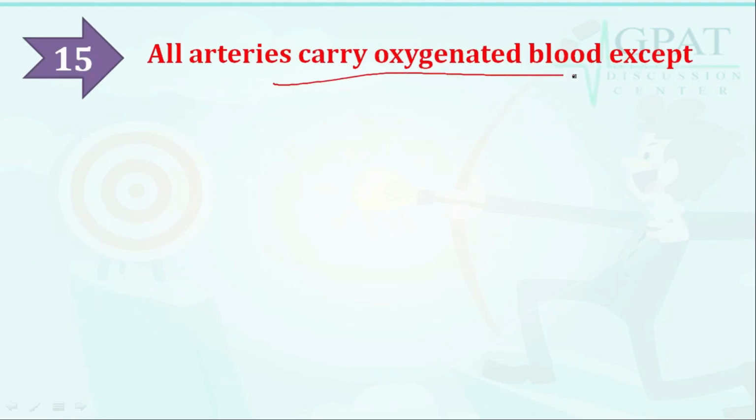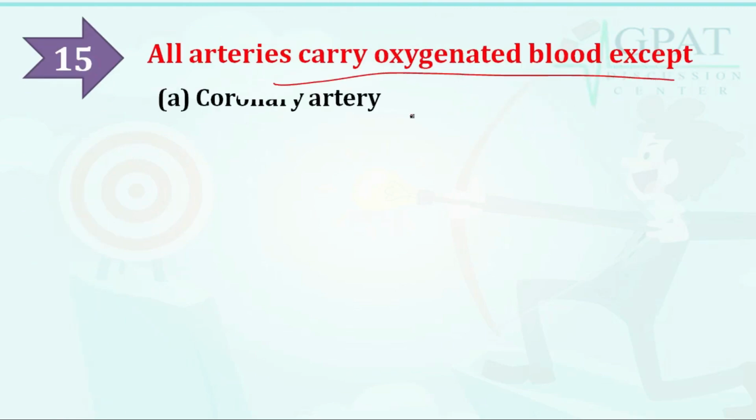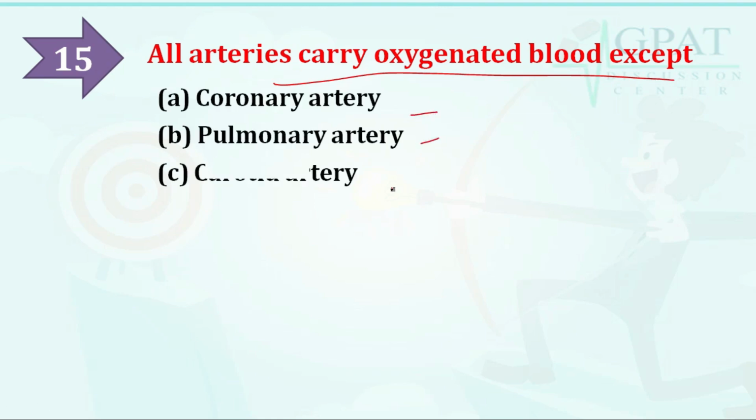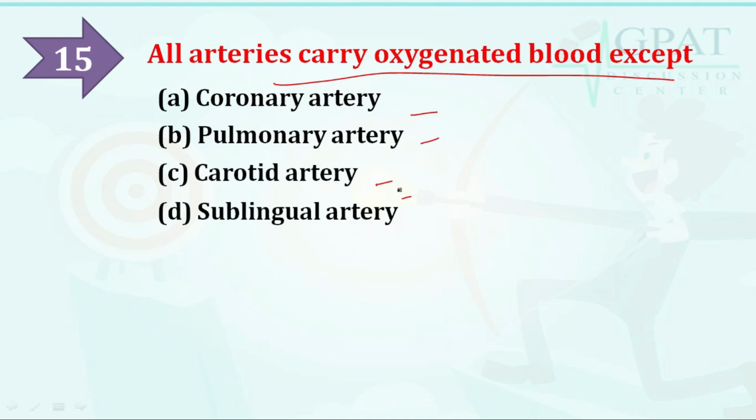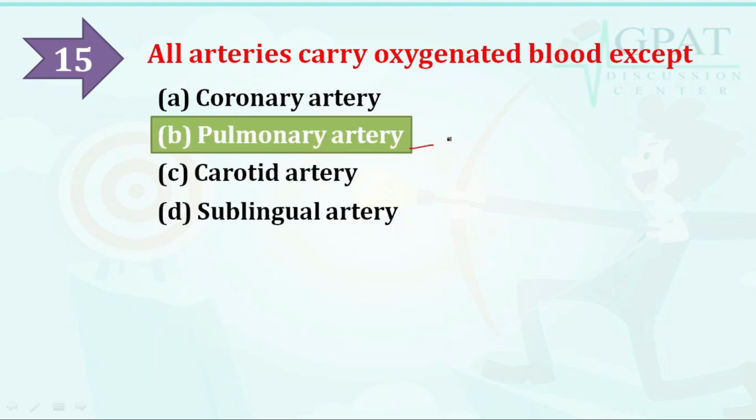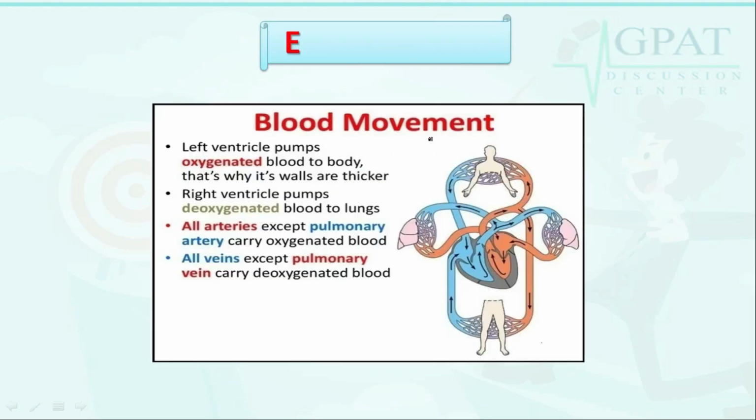All arteries carry oxygenated blood except, option A coronary artery, option B pulmonary artery, option C carotid artery, option D sublingual artery. So all arteries carry oxygenated blood except the pulmonary artery. The pulmonary artery carries deoxygenated blood. Here we have just the blood movement. The left ventricle